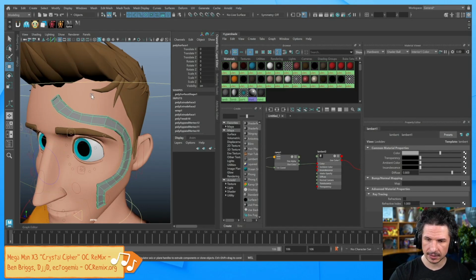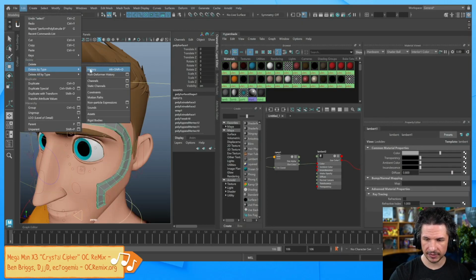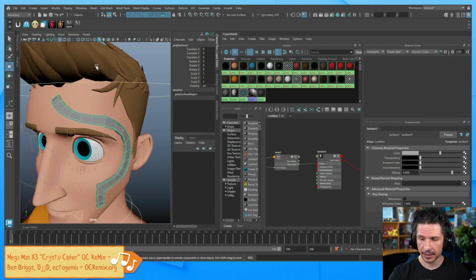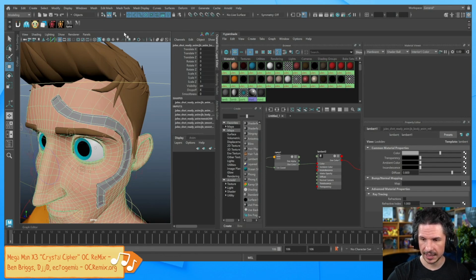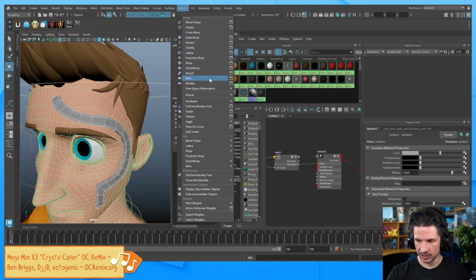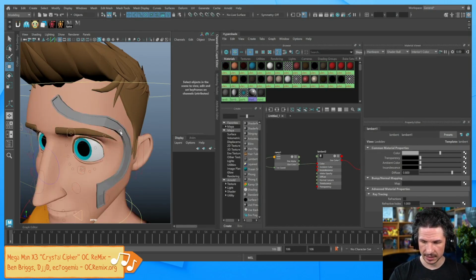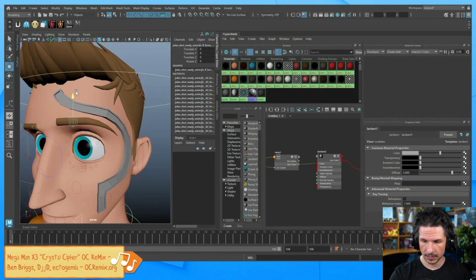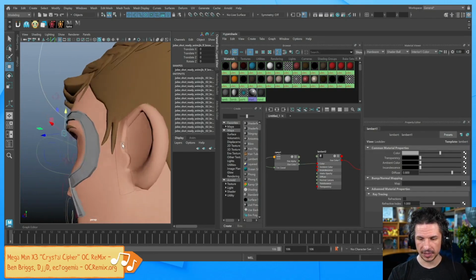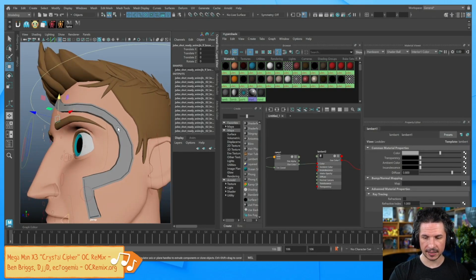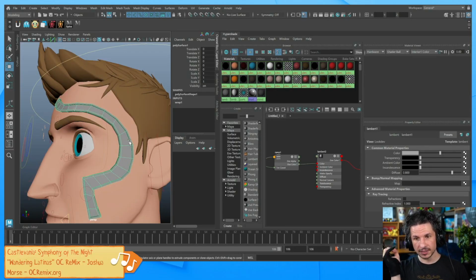I'm going to take this, I'm going to delete the history of it just so it's nice and clean. And then I'm going to rewrap it to the head. It's always good to delete your history before you start getting too complex into things. There we go. So now we've got this implant here, but I want this inner channel to have that pulsing